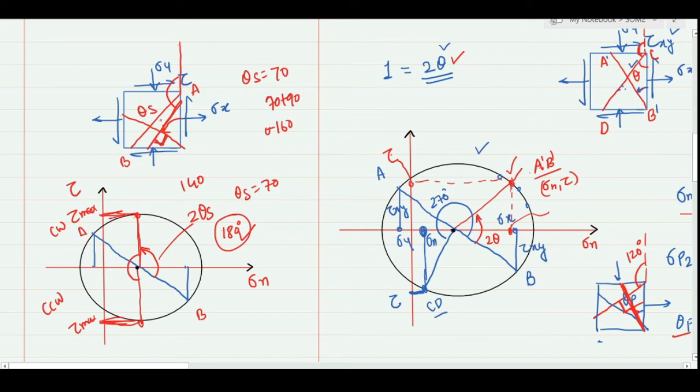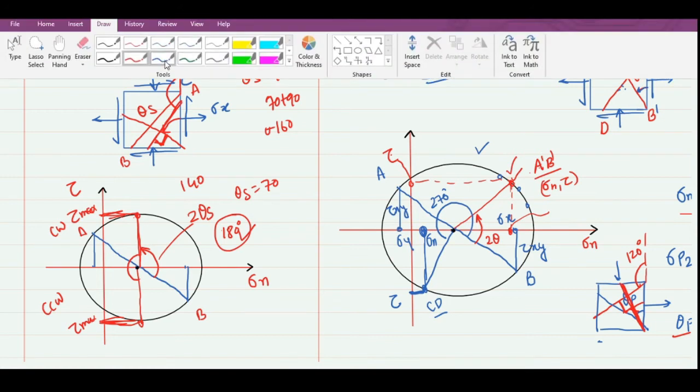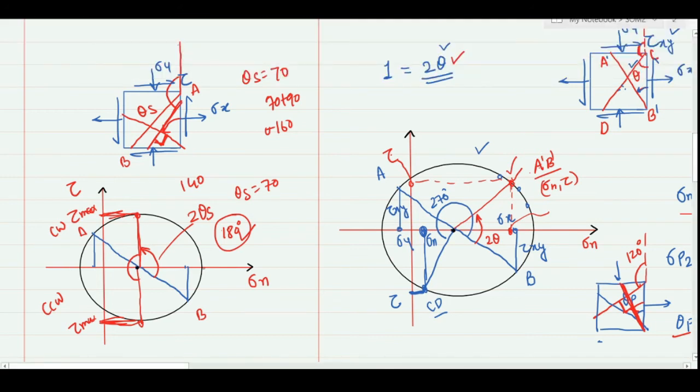The last thing, as we have already seen in the previous classes, is that the angle between the principal plane and the maximum shear stress plane is 45 degrees. Here also you can identify that in the Mohr circle, the principal plane corresponds to this horizontal line, and the maximum shear stress plane corresponds to this vertical line, and the angle between the two is 90 degrees. So in the Mohr circle it is 90 degrees. In the actual system it will be half of this value, so that will be 45 degrees.